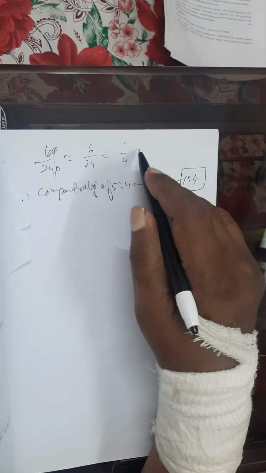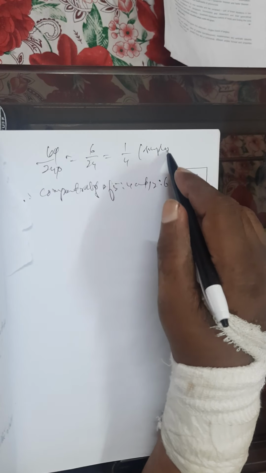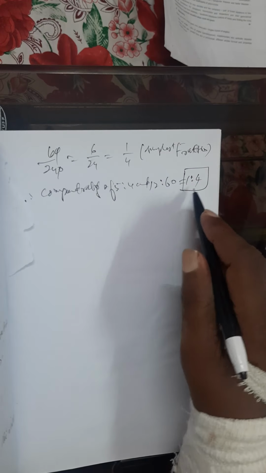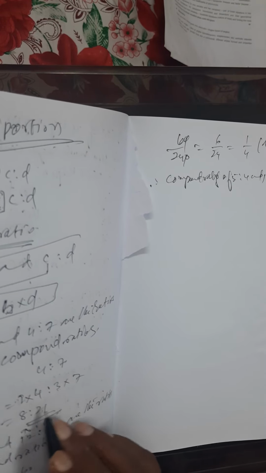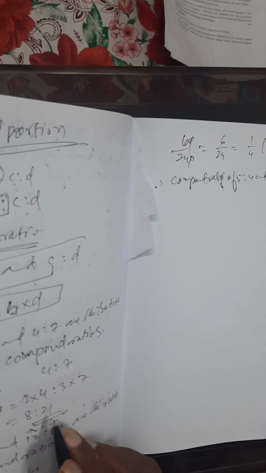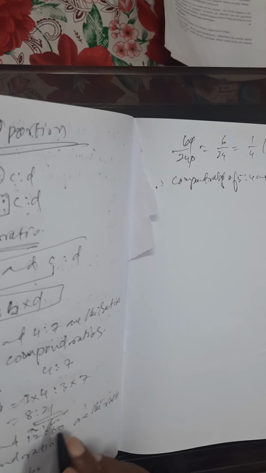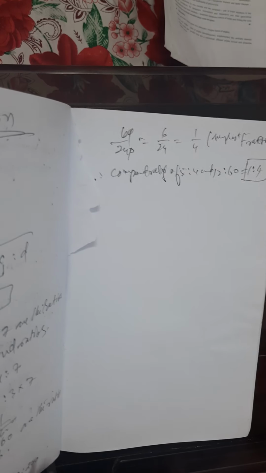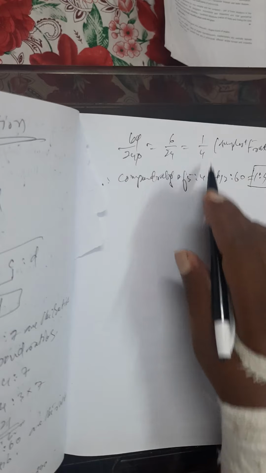So like this you have to get up to the simplest fraction. Compound ratio can be changed into the simplest fraction. Sometimes we will not divide the antecedent with the consequent. No common number is there. Here we have a common number, so we divide those common numbers and we will get the least fraction. That least fraction is the compound ratio. So compound ratio is over.